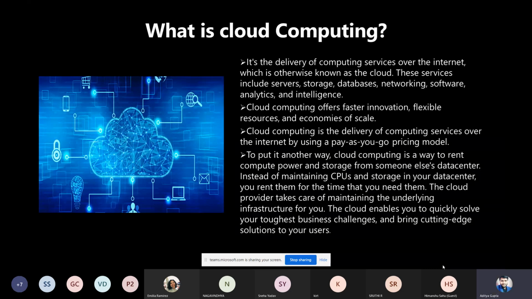But I know there's a genuine doubt in the minds of all of you: why use cloud computing, and why not use the way that we are using as of now? Let me give a simple example to help you understand this. Suppose you are working on a project to build a very responsive website that can handle multiple requests from users, maybe something like the Amazon e-commerce website. You are coding it from day to night, like a very good web developer, and you are reaching your goals.